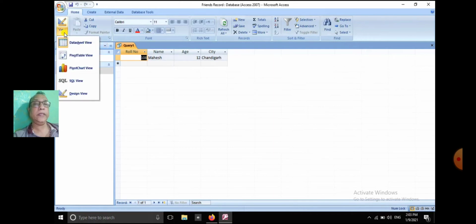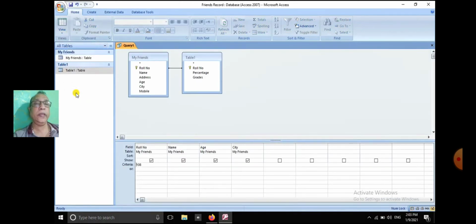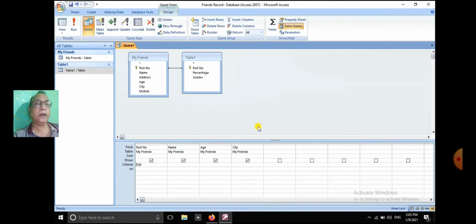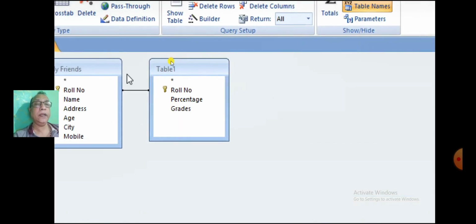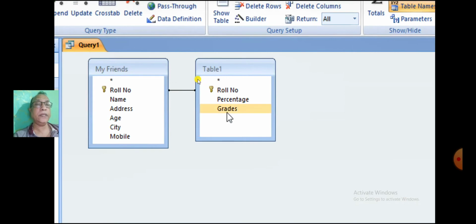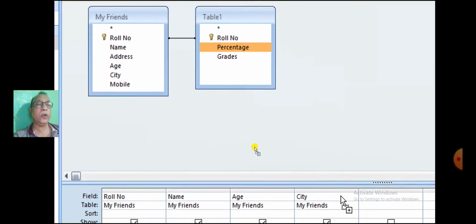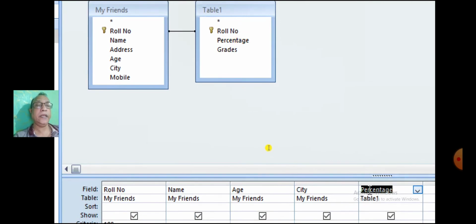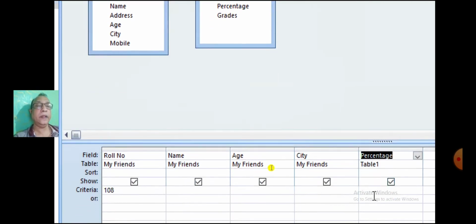Go to the query design window. The next query is display records whose percentage is more than 70. The percentage field name is in second table, that is Table 1. So drag the percentage field name and drop it in design grid.